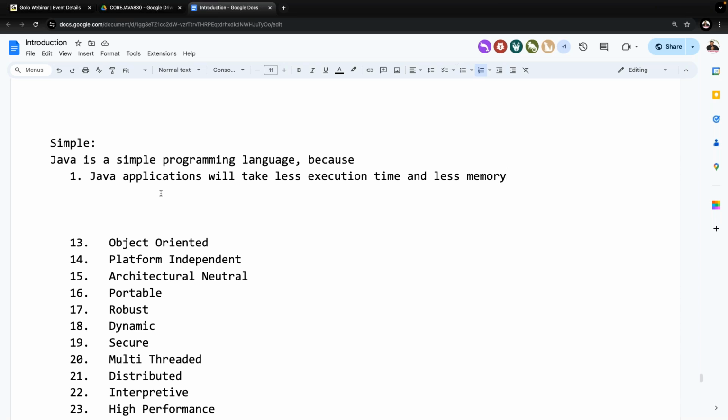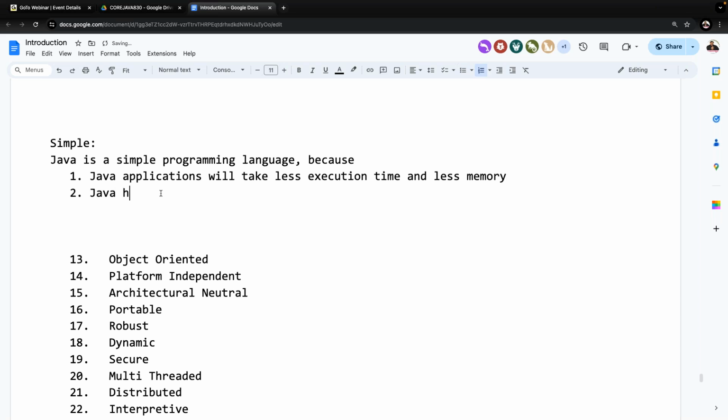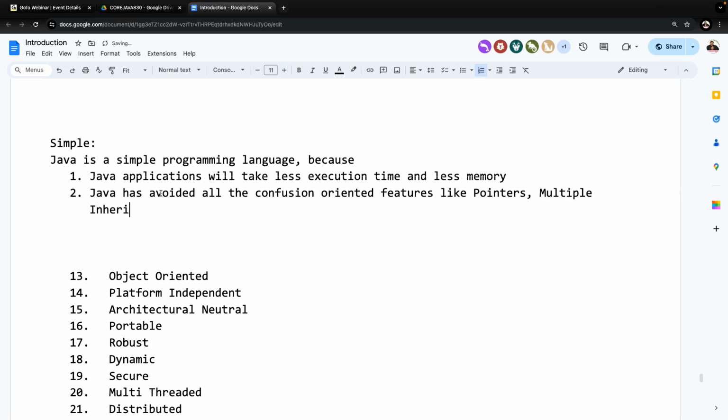Point number one. Point number two, Java has avoided all the confusion oriented features, like pointers, multiple inheritance, and so on.